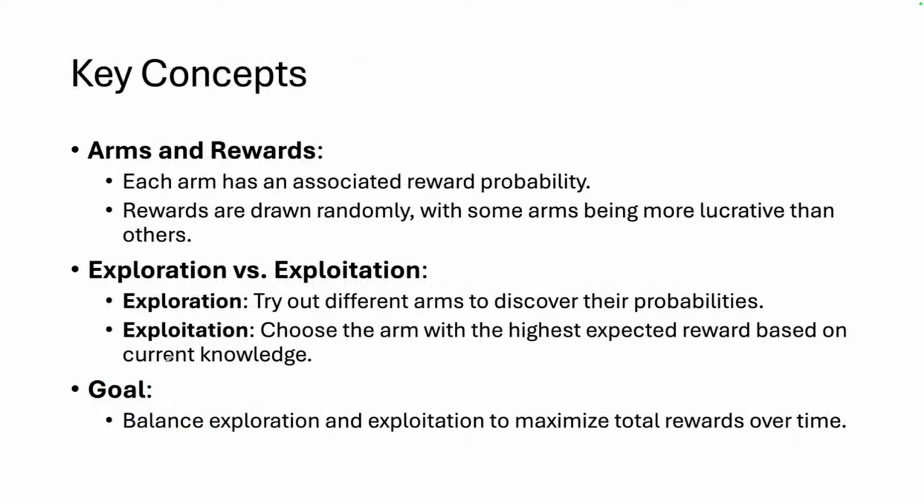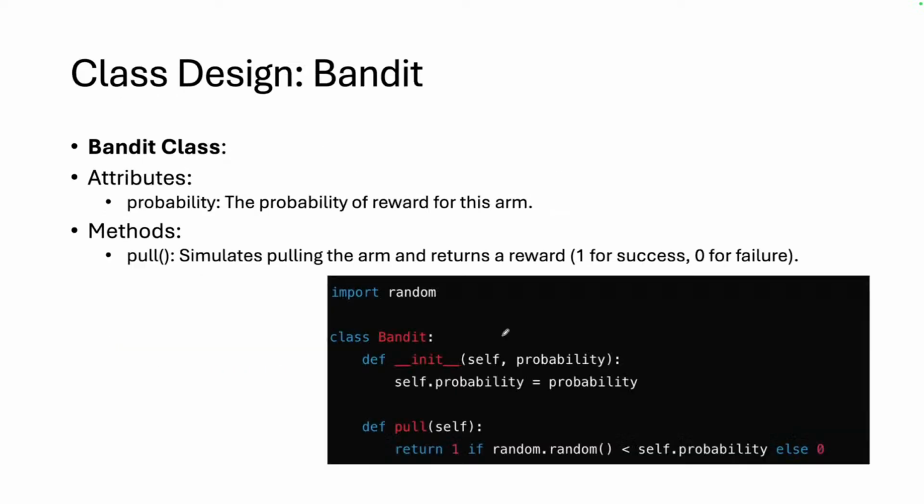All right. The only thing I want to highlight here is in reinforcement learning, there's a concept called exploration and exploitation. And if you're to explore this problem, one thing you have to explore is balancing exploration, which is trying out different arms and just discovering those reward probabilities, versus maximizing on what you've already learned and what you've already discovered. So just choosing based on your experience of levers or arms that you've pulled, which one has the highest expected reward. That's exploitation.